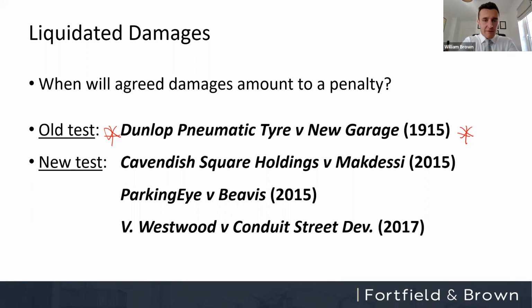And the test that we had from that case was this: is the liquidated damages clause and the figure set out within that clause a genuine pre-estimate of the loss? Is it a genuine pre-estimate of the loss? And if the answer to that question is yes, so yes, the figure that we have put in is a genuine pre-estimate of what we will suffer if that contractor doesn't complete on time, then it will not be a penalty. So if we have a genuine pre-estimate of the loss, it can never amount to a penalty. But for reasons that we will get into on the next slide, that test isn't actually that useful.